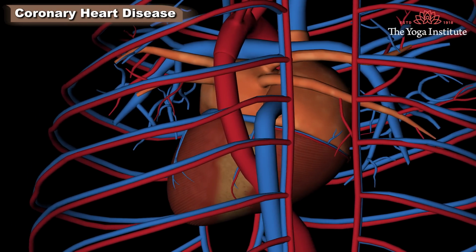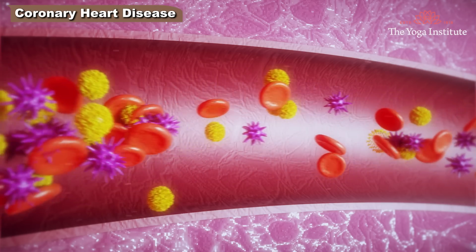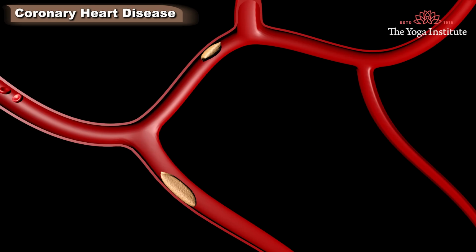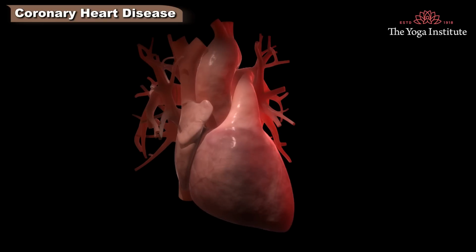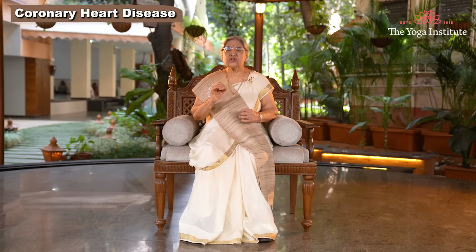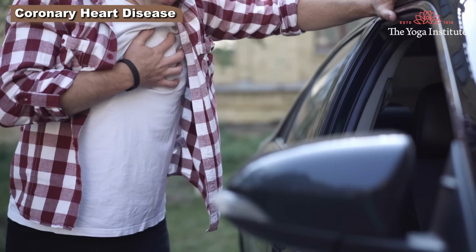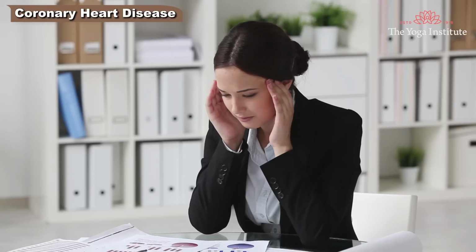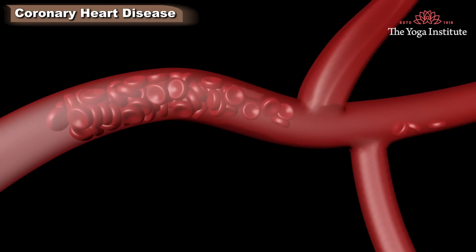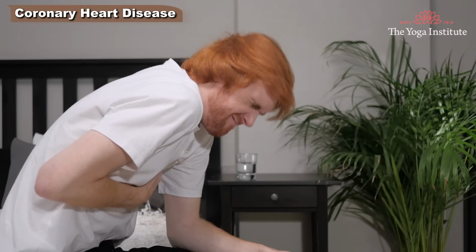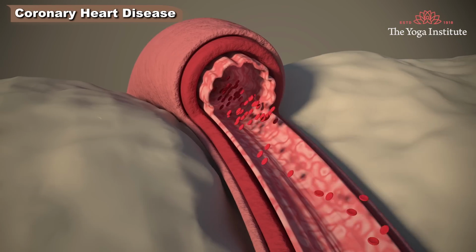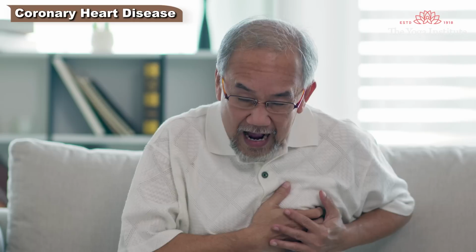The coronary artery supplies blood, nutrition, and oxygen to the heart. A buildup of plaque can narrow these arteries, decreasing blood flow to the heart. Eventually, the reduced blood flow may cause chest pain or angina, shortness of breath, or other coronary artery disease signs and symptoms. A complete blockage can cause a heart attack. Coronary artery disease often develops over decades. Hence, one might not notice a problem until one has a significant blockage or heart attack.